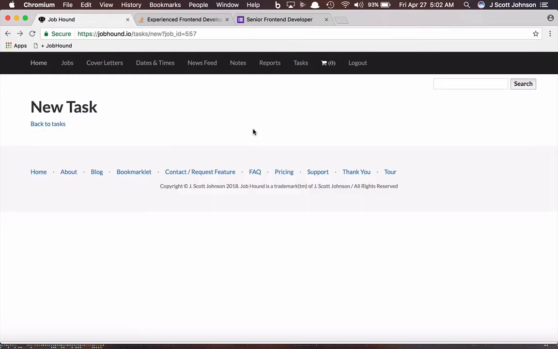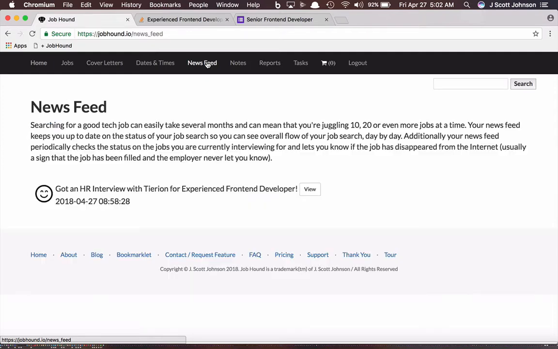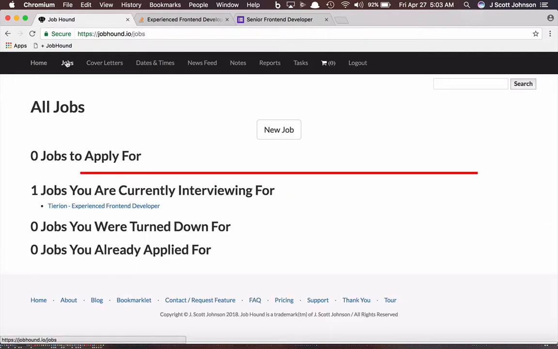Now, other things that are useful. There is a little minimal news feed built into Job Hound. So this tells you, all right, I got an HR interview for a front-end developer position. That's great. Positive, keeping you up to date on your status. Okay, so now if we go back to jobs, we'll see that our Tyrion job has moved from jobs to apply for to jobs that you're currently interviewing for. You'll also notice a very helpful shopping cart icon, which if I was to go back to Stack Overflow,